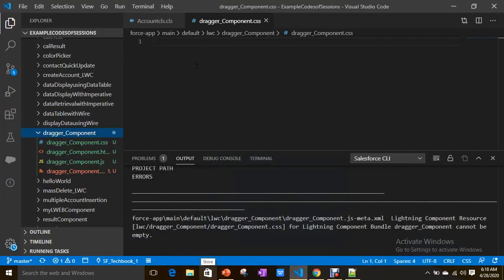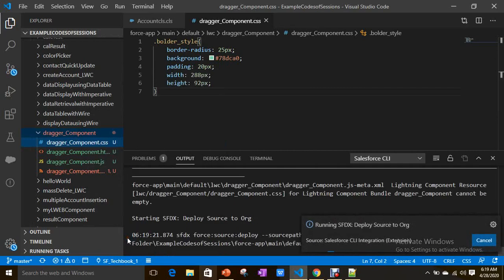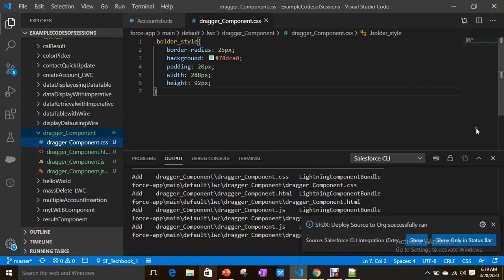Here I defined a CSS file, right? It is empty. Whenever you define any file in a Lightning Web Component bundle, it should not be empty. That's why you have to fill that file. If you don't need it, don't create the file. So here I'm going to add some styles and save. Whatever file you include in your bundle should not be empty. That is the meaning of this error. See, we are able to save successfully.